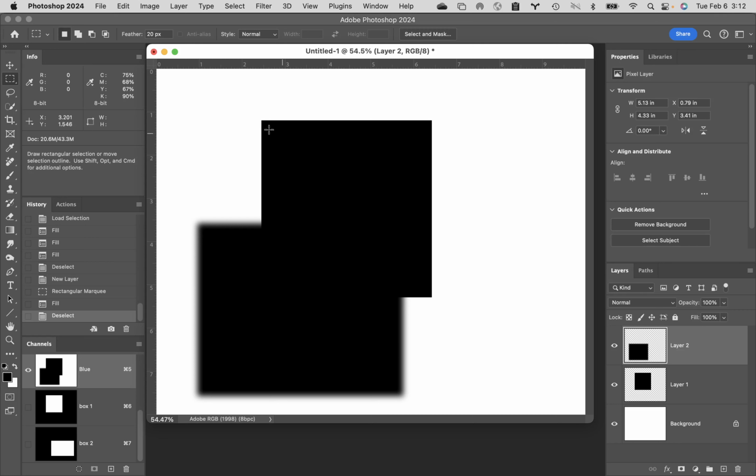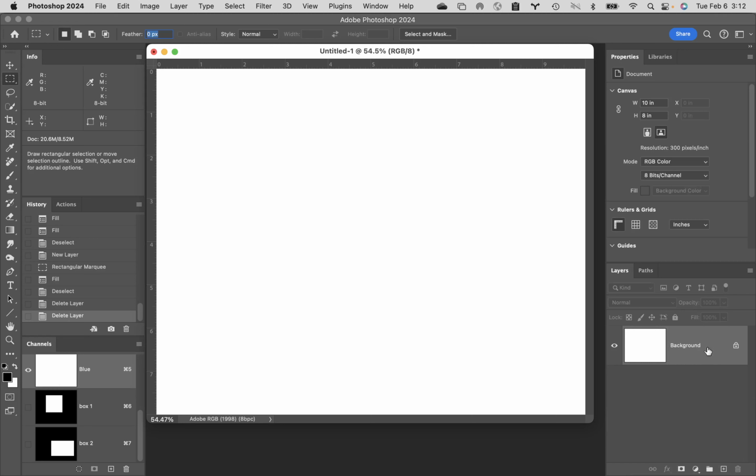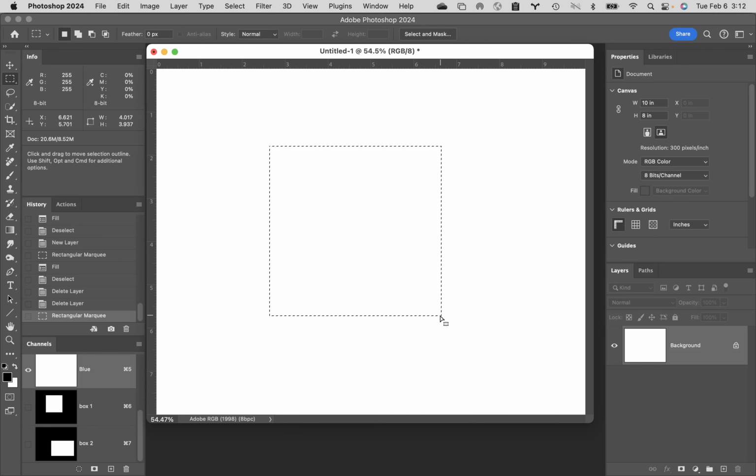Okay. I'm going to go back to my 0 pixel count, so 0 feathering. But then you've got a style menu, and if you leave it at normal, it's all about freeform. So I'm going to throw away both of those layers that are on top. I'm just dragging them to the trash so I can basically start over again. I'm going to click and drag out, and it's completely freeform. It doesn't really matter. If you hit Command D to deselect that,